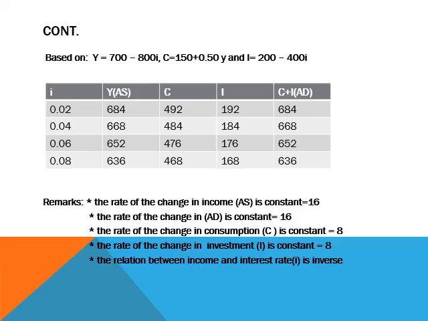Lastly, the increase of interest rate from 6% up to 8% led to a decrease in income from 652 to 636. So once the relation between income and interest rate in the market of goods and services is negative, then